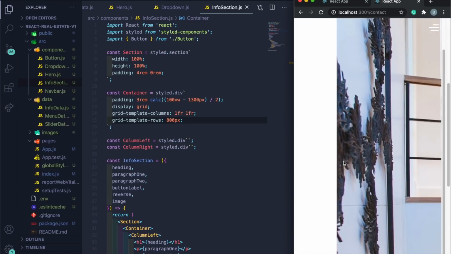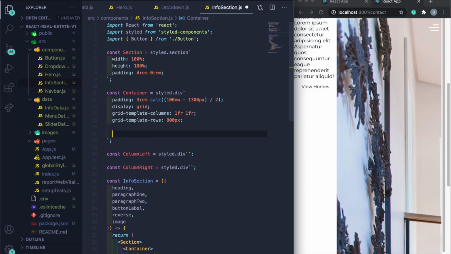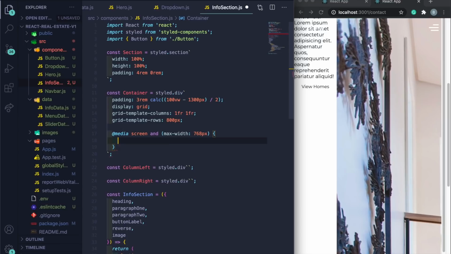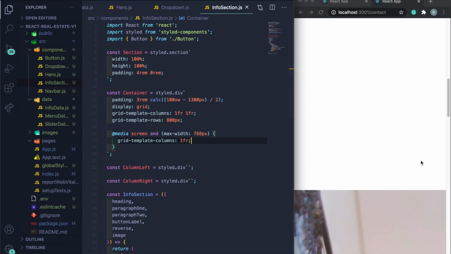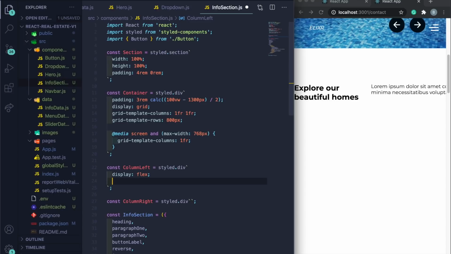So now it looks like this. It's pretty crazy, but don't worry, we'll fix this. And then at media screen, and so for tablet max width 768 pixels, I want grid template columns just to be 1FR. So it's essentially like they stack on top. And then column left, so that's currently the text right now. I'll just display flex. Then I can do flex direction column,